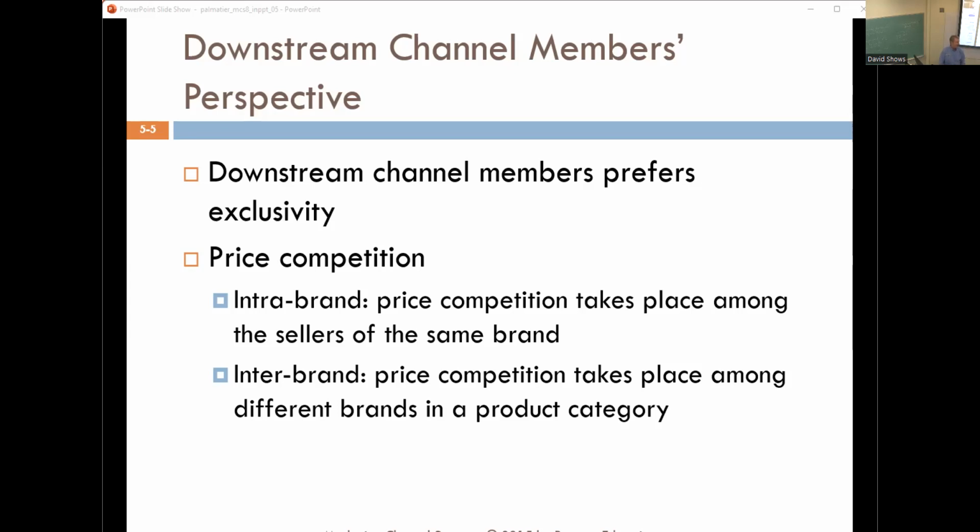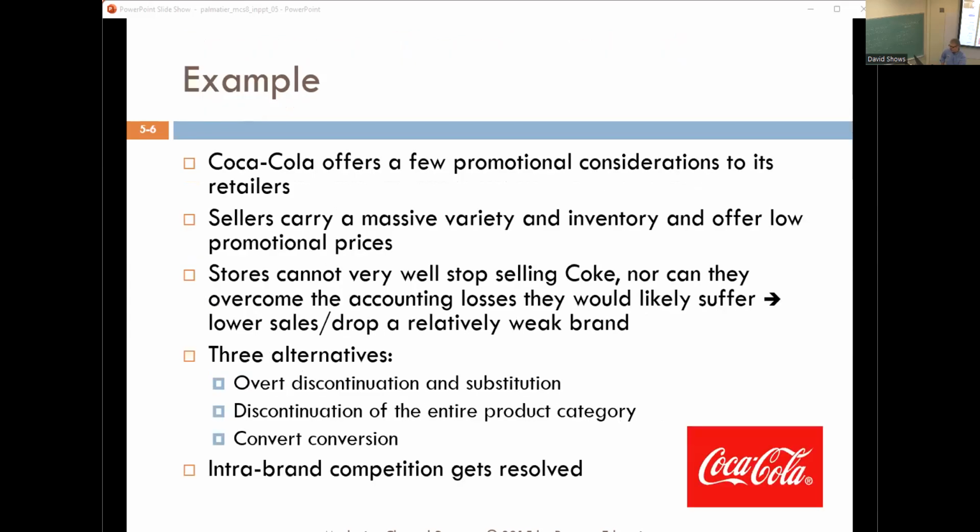Now, there's one other factor that can change the whole mix, and that is the brand equity, the brand strength. There are brands that are so powerful and so strong that they can dictate any kinds of terms they wish. They don't have to go through these particular choices, and there is no worry that they're going to be the only game out there. An example of this is Coca-Cola. They don't worry about promotional considerations. They don't really worry about their downstream partners.